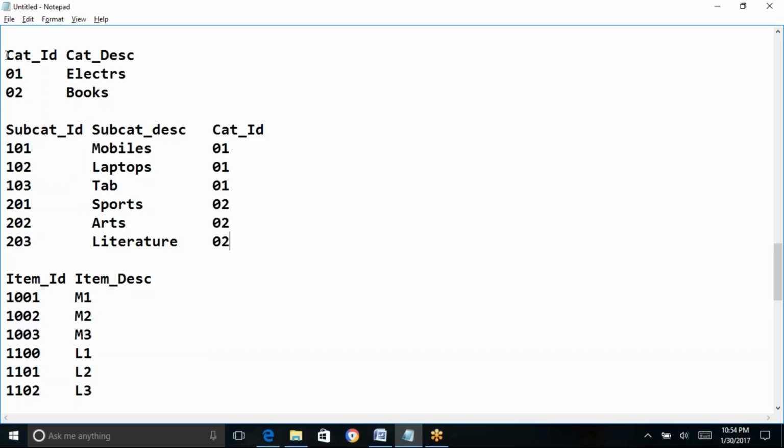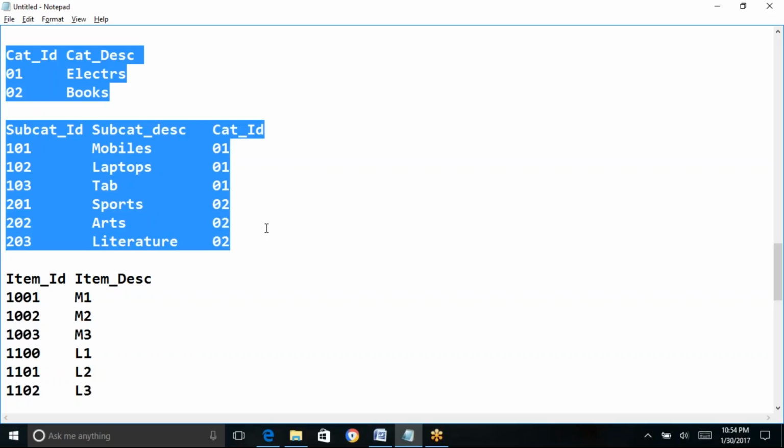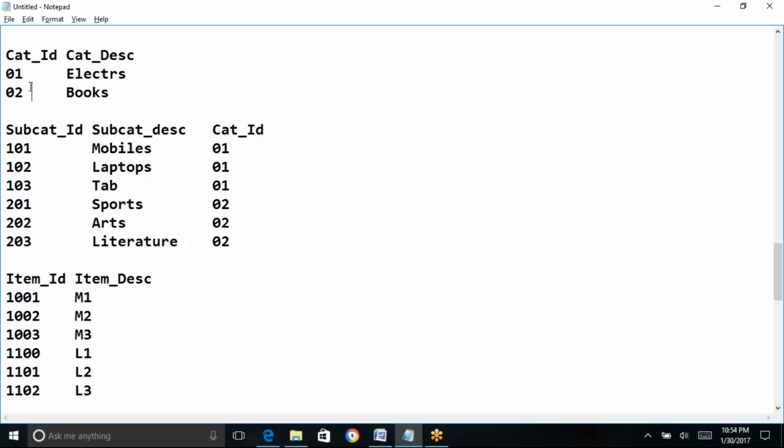Now if you look at these two tables, are they related? Yes, they are related. The category ID from the category table, and then you look at the category ID in the subcategory table, right? These two are related. Basically, now the same question: